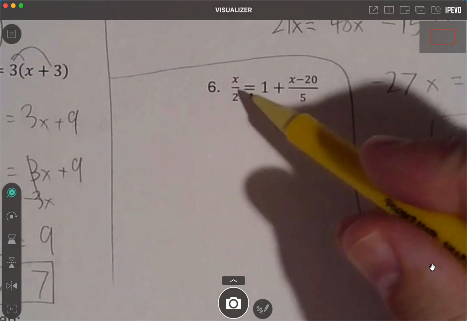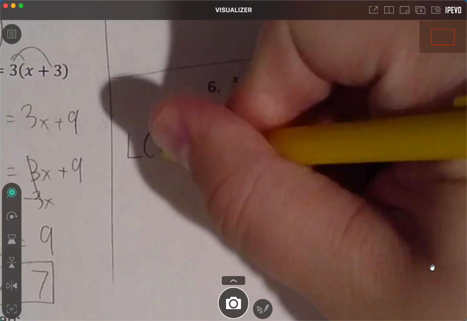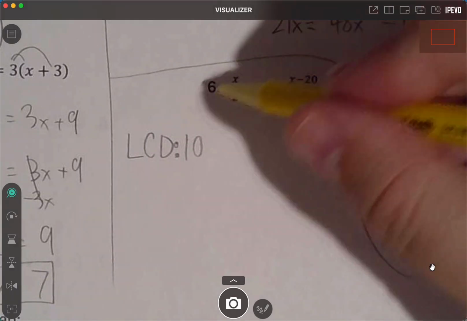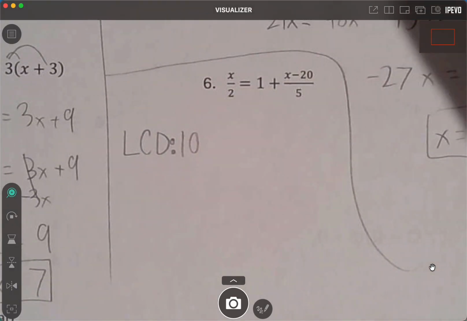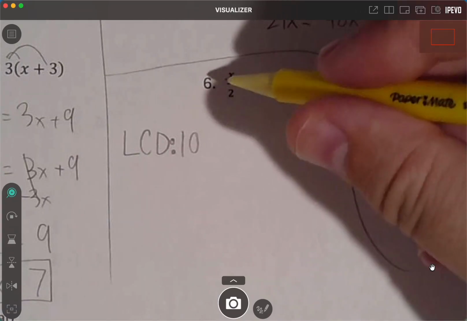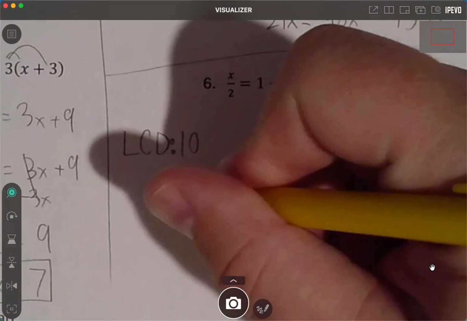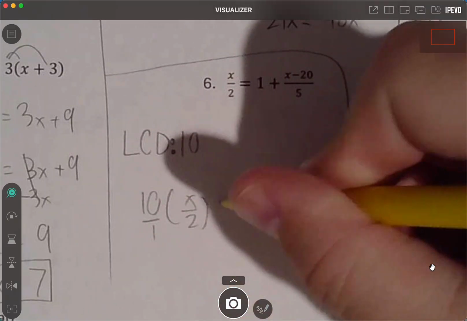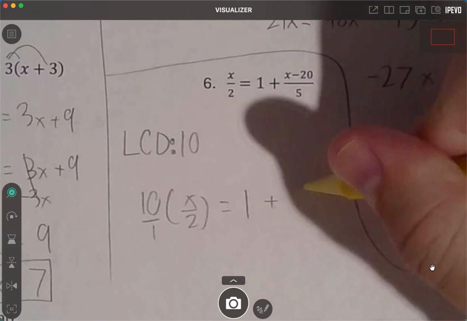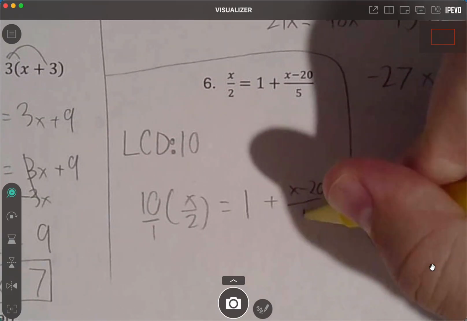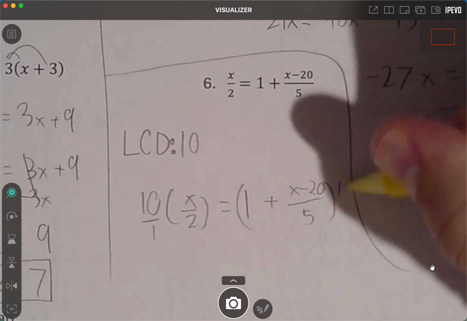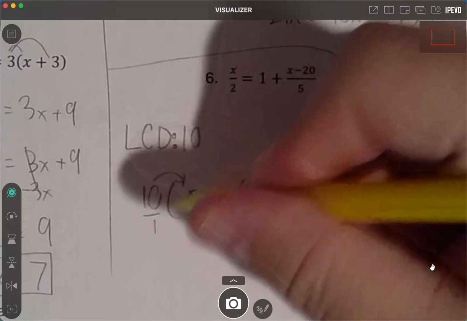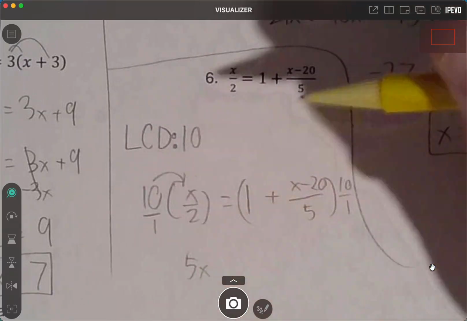Well, my denominators are 2 and 5, which makes my LCD, hopefully we at least thought about that and figured it out, 10. 10 is what 2 can go into cleanly and 5 can go into cleanly. And so we're going to distribute 10 to all sides. Now I'm going to write that out, and then be careful how I say it actually takes effect. All right. Now for the 10 over 2 times x, that should be 5x because the 10 and 2 reduce